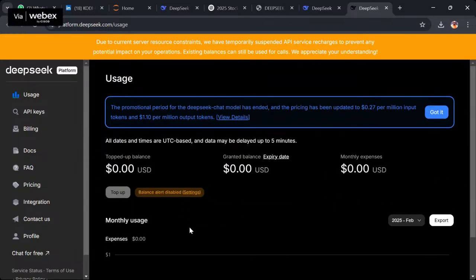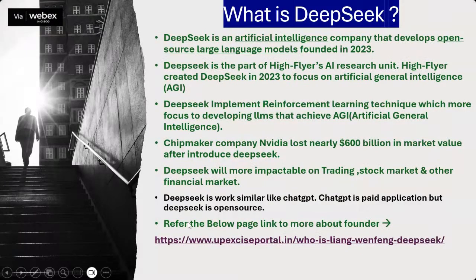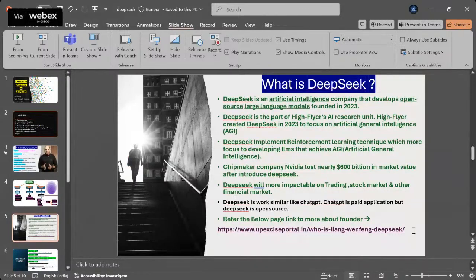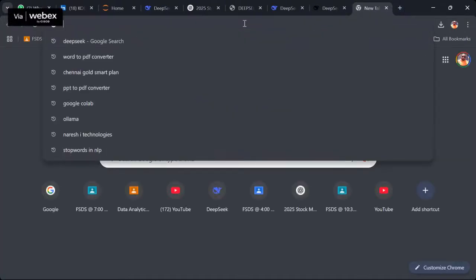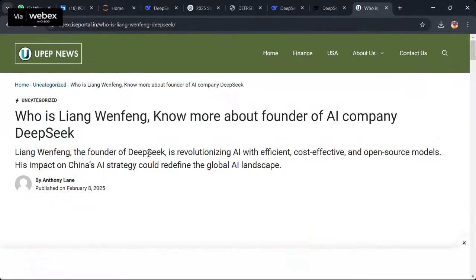Yeah, it's less compared to GPT. The payment is less compared to GPT. So DeepSeek now also starts charging from today onwards, as you can see if you refer to this model. Okay, no worries. Here I want to refer to a page link to deep dive. I'll give a little introduction and then we'll go on. Can we use DeepSeek for free? Yes, we can use DeepSeek freely. That's what we're going to do in a project today.